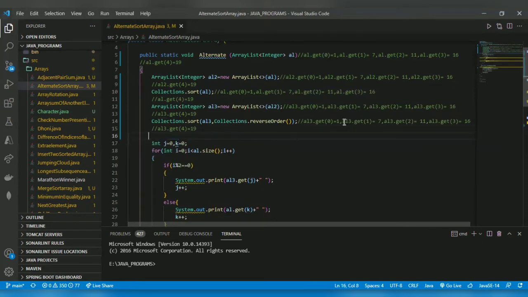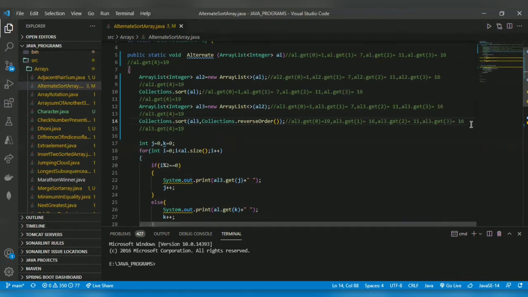Descending order means the top element will come first, which is the reverse order: 19, then 16, 11, 7, and 1. Likewise, the elements will get stored in array list 3.